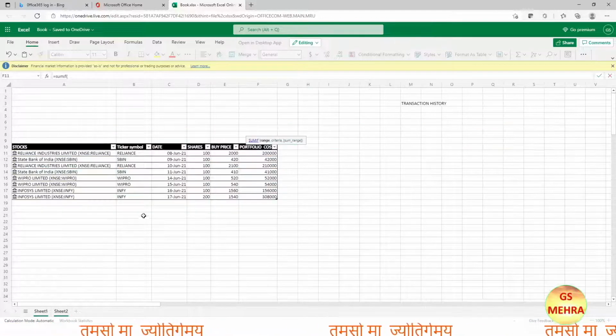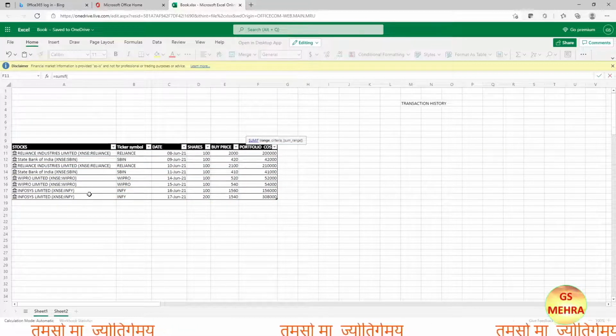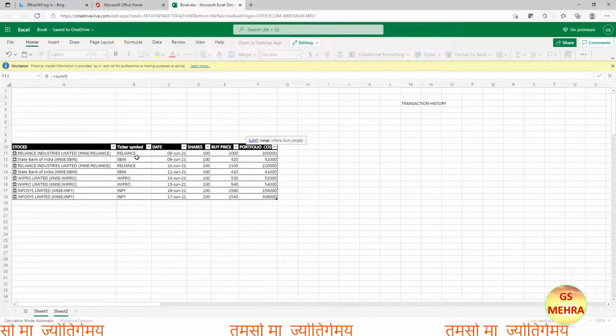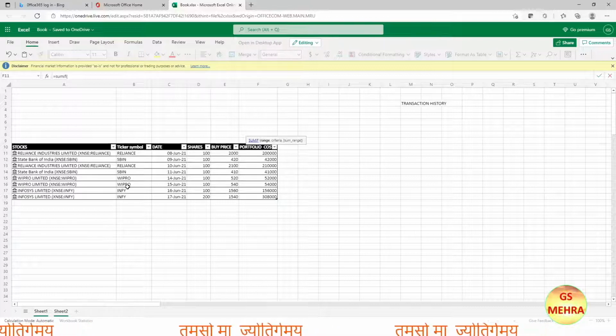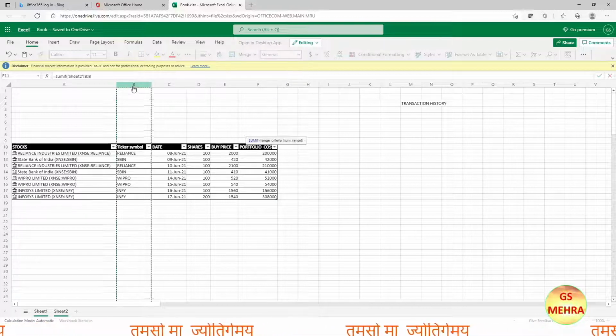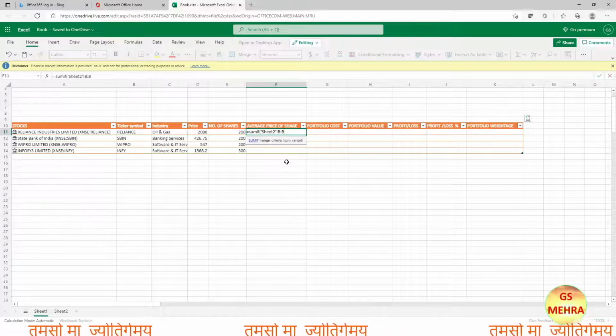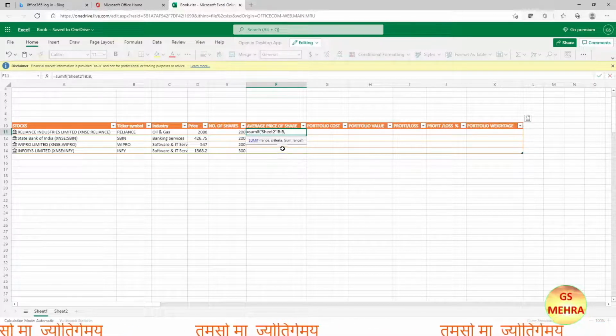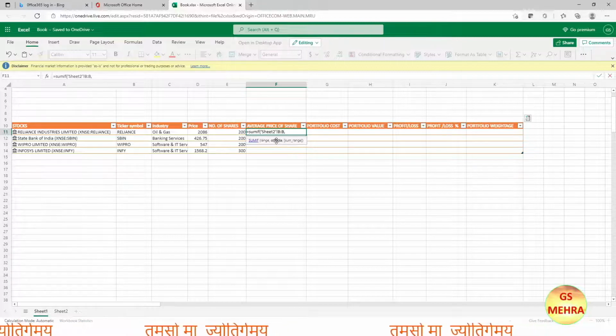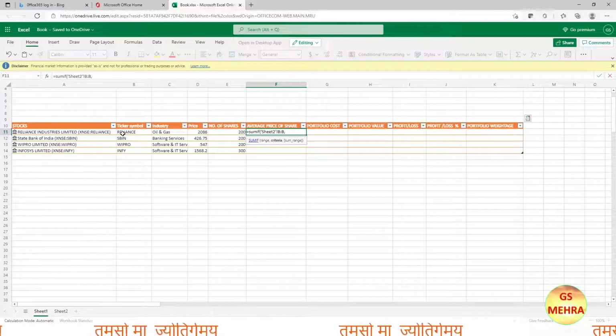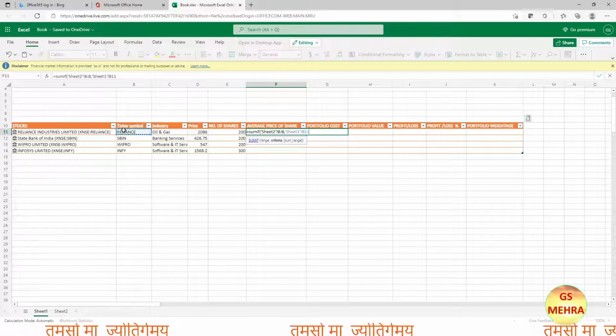For that we'll move to sheet 2. Here we are in the stocks sheet, and here we have the ticker symbol. So we'll select this whole column again. We'll click on B and then move back to sheet 1, and here put a comma, and for criteria, since we are working for Reliance, we'll move to the ticker symbol of Reliance and click on that one.